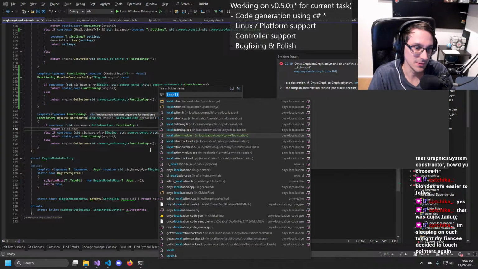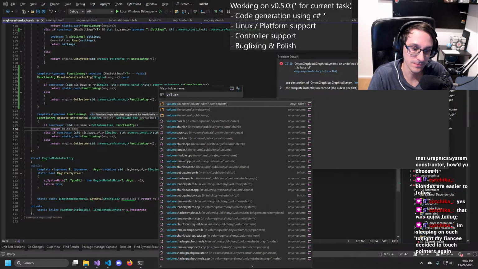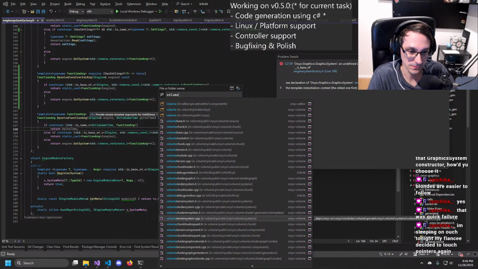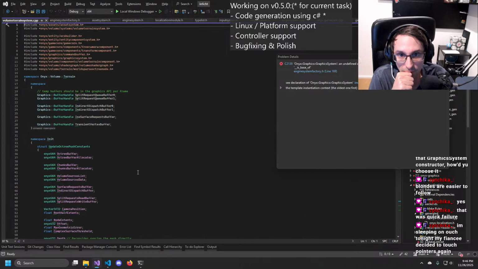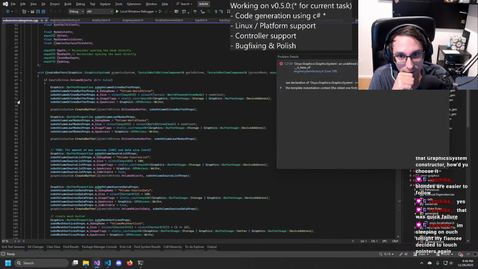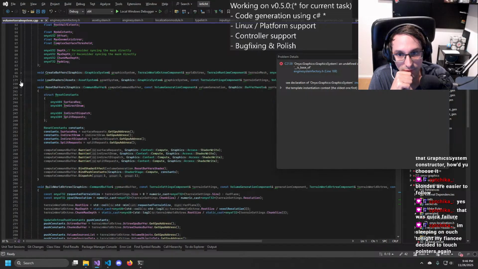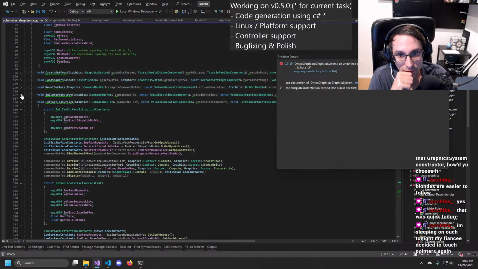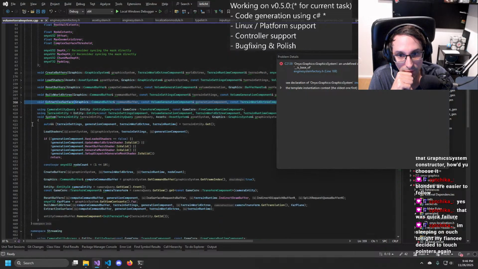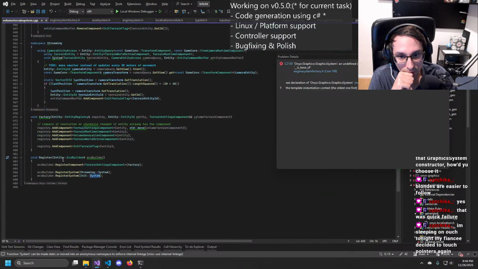Because how does that volume terrain system work? We have like systems here, right? And that is registered here.